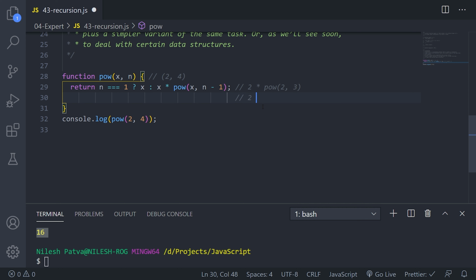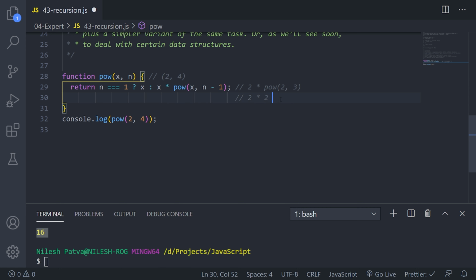So 2 is as it is. We are replacing power 2, 3. So x is 2 and the n is 3. We are replacing that power call here and then again a power function call.